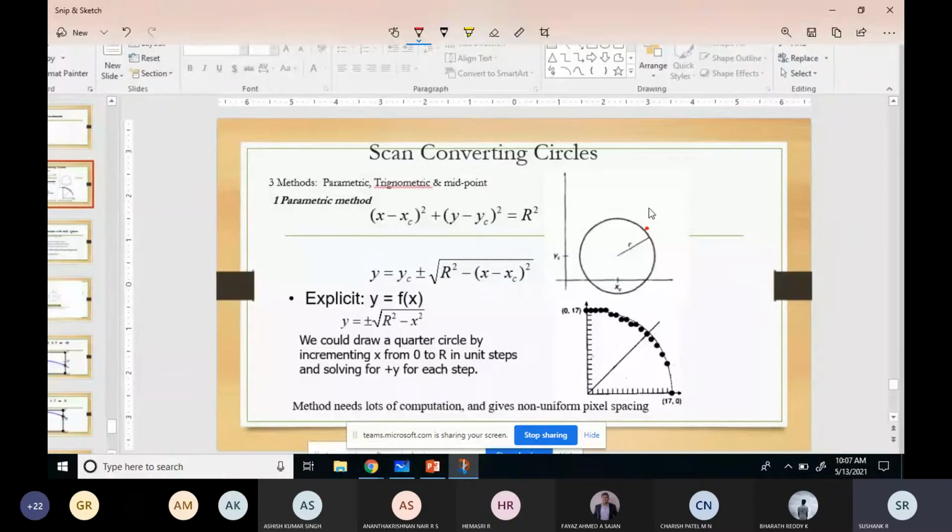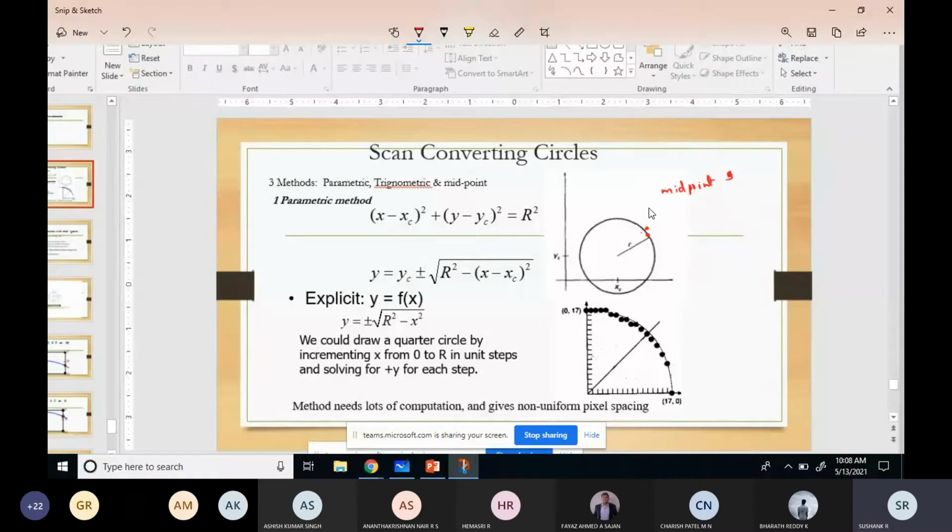So you will take the midpoint and you will decide whether the pixel is closer to this point. There will be one point called midpoint function, and the pixel might come either outside the circle or inside the circle. You'll determine which one is closest. So you'll take the midpoint between these two pixels and you'll select the one which is closer.